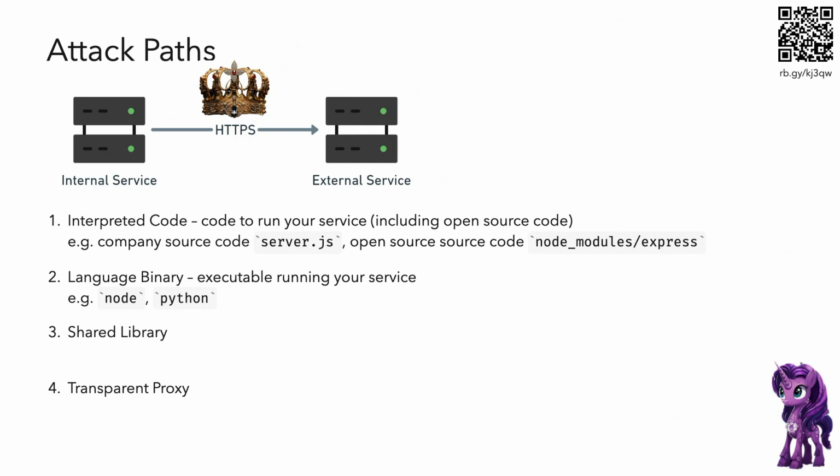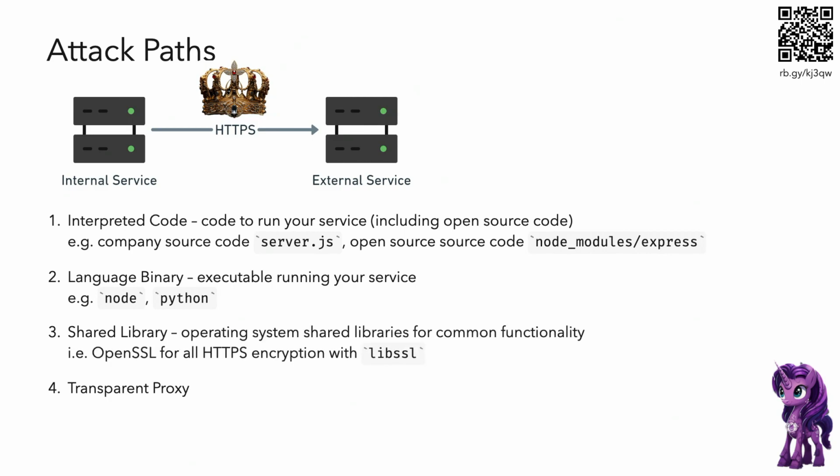you're bringing a binary with you to do that, like maybe Node or Python. And shared library starts to get a little bit surprising. Your operating system comes with a whole bunch of shared common functionality, and OpenSSL is a really common one. That's the one we'll focus on here, which is, every single executable you have is not shipping with an entire implementation of how to do HTTPS. That comes with your operating system, kind of like a Windows DLL. And that's an opportunity to do nasty things.